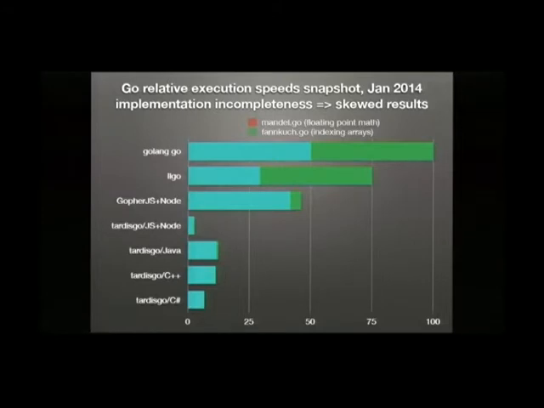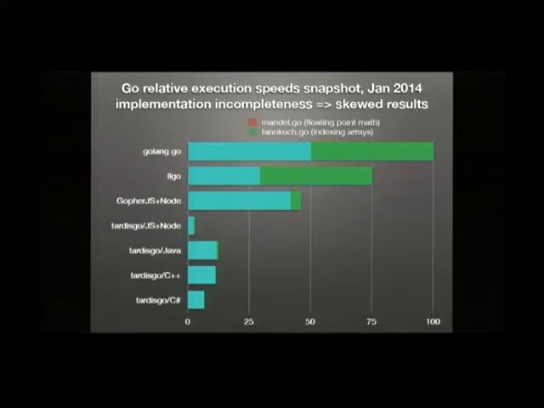So you can see two different benchmark programs out of the Go library, chosen at random pretty much. At the top there you can see what Golang Go itself does. Then you can see what LLGo, Go4JS, and various of the TARDIS Go targets do.